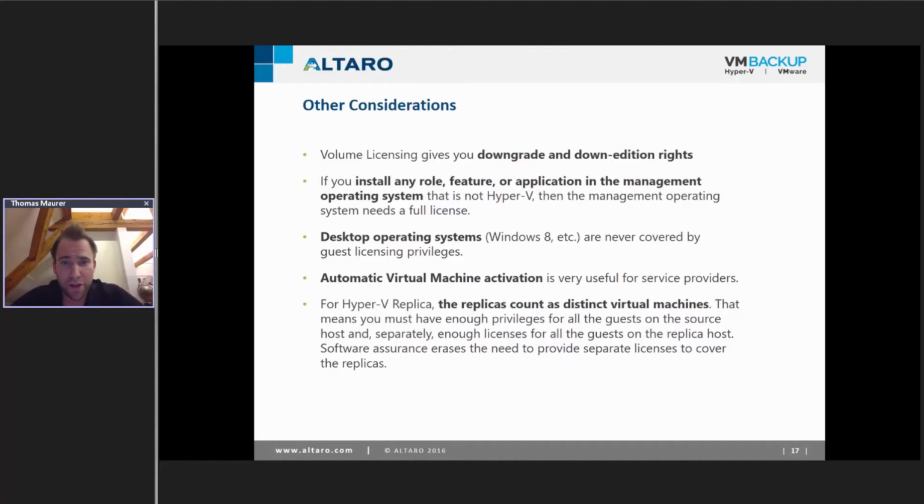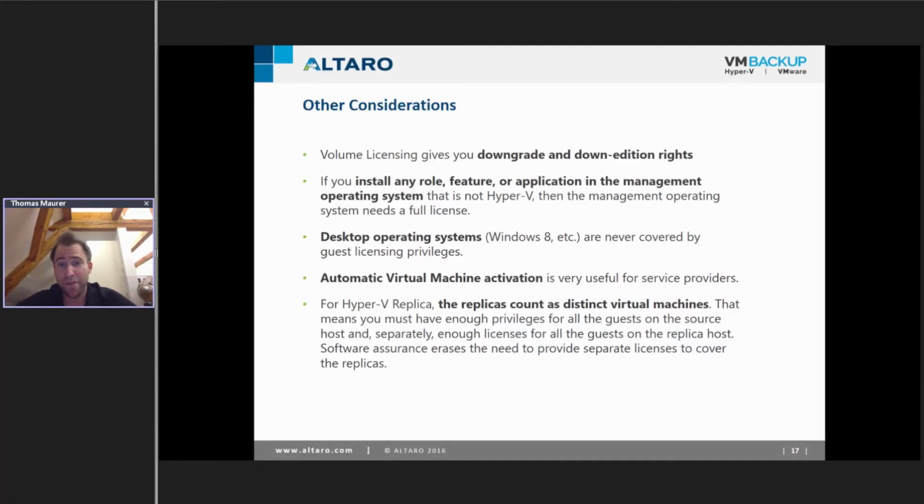Another great feature I'm going to quickly cover, and a lot of people don't know about it, is the automated virtual machine activation. This is very, very useful if you are a service provider or you're running in a cloud where your virtual machines don't have internet access or network access to, for example, some KMS servers. In that case, the virtual machine probably would never get activated, right? And that's an issue. But Microsoft solved that issue with the automated virtual machine activation, and I will tell you a little bit more about that.